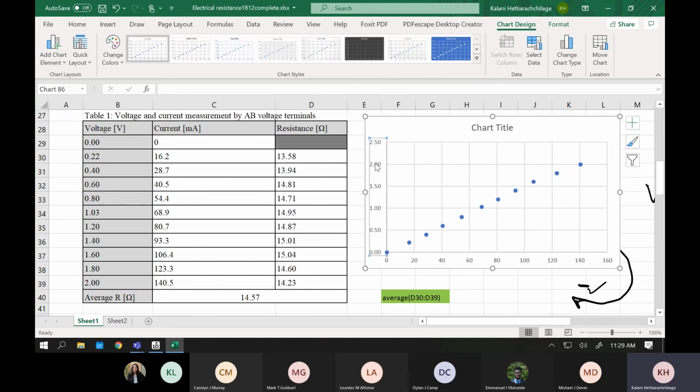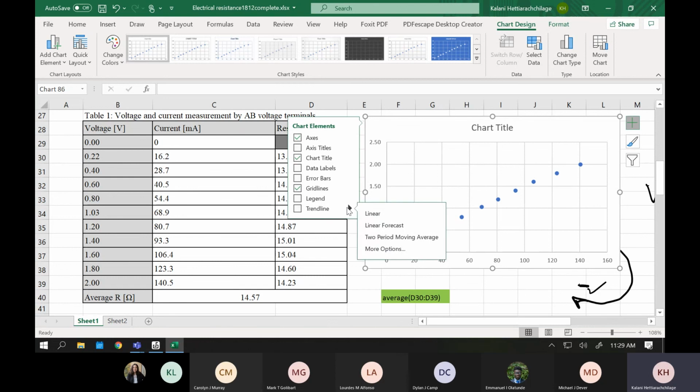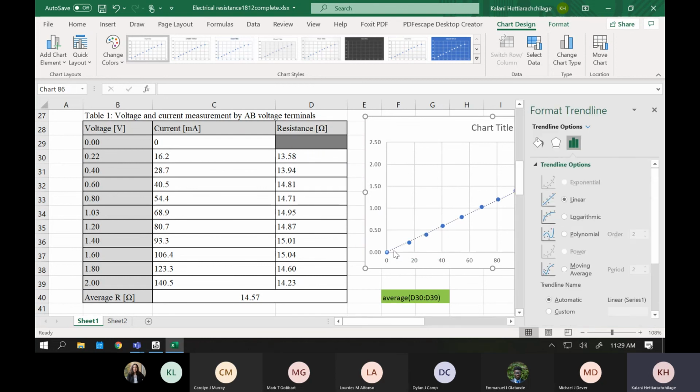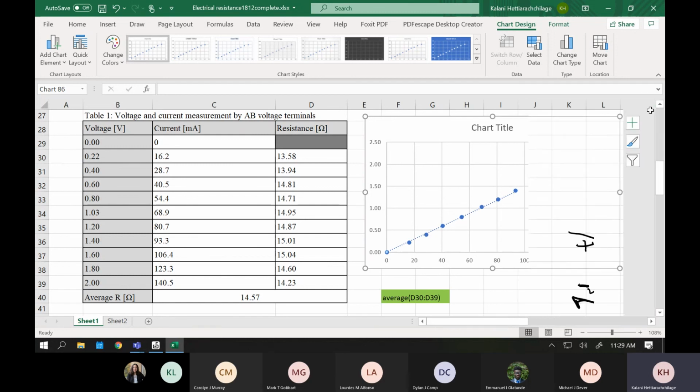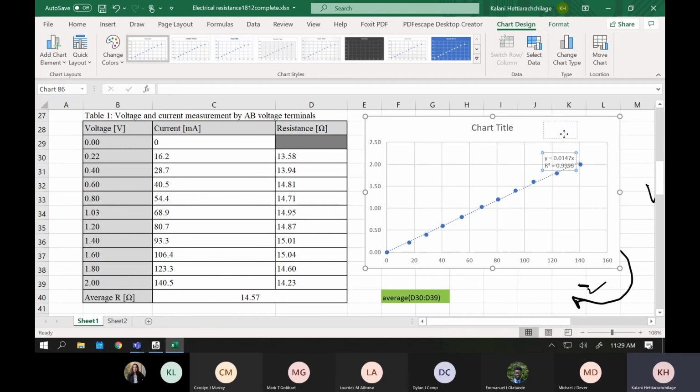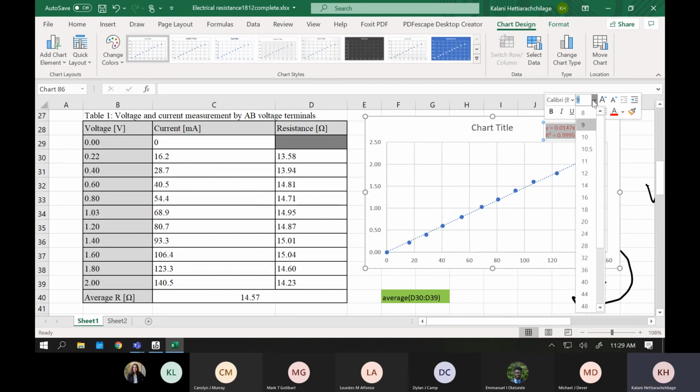Now I'm not going to repeat the axis labeling. You guys can do it yourself. So we'll add the trend line. More options, and set intercept 0, display equation, display R square. Okay, so now this makes sense. Because I had wrong units, that value was different, but other than that I have around 14 something, so that should be good.